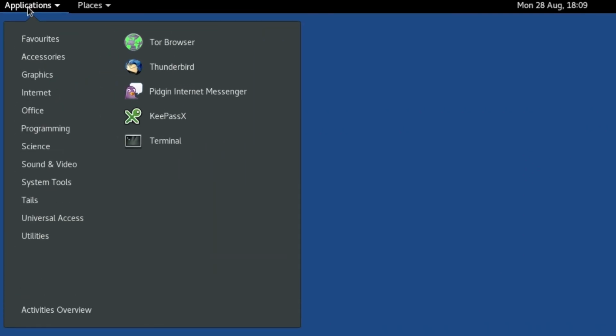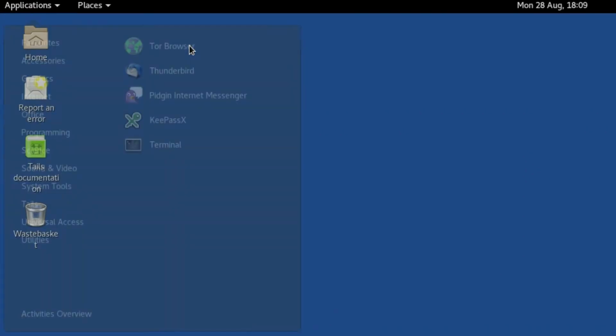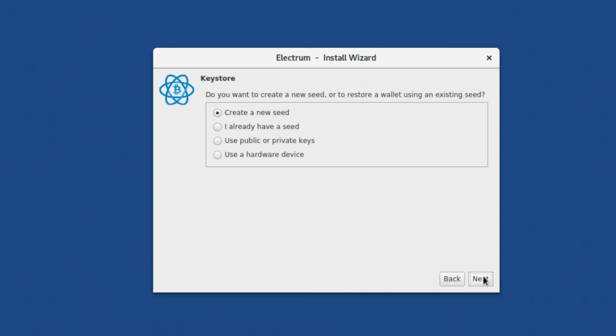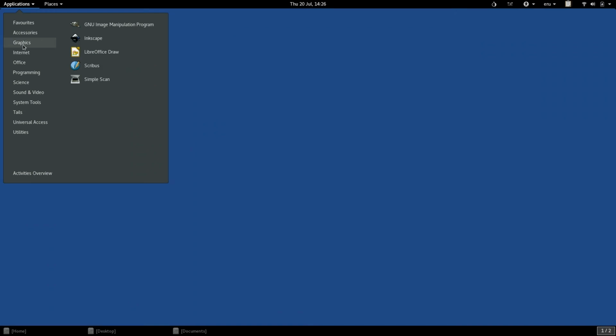So that's how to send files, but what about sending money? Tails also has a built-in Bitcoin client called Electrum. You may have heard of Bitcoin, which is a cryptographic currency which allows transmission of funds over the internet. We won't examine how to use Electrum in this tutorial, but if you are interested in using Bitcoin, you can do so on Tails.